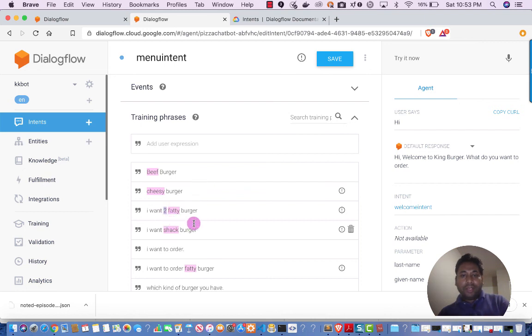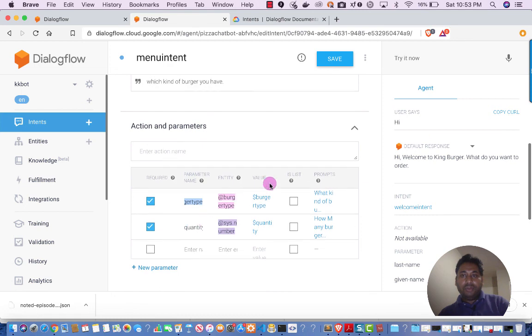So if I am writing the statement simply, I want to order two beef burger, Dialogflow will automatically be able to extract the two as a quantity and beef as a burger type.